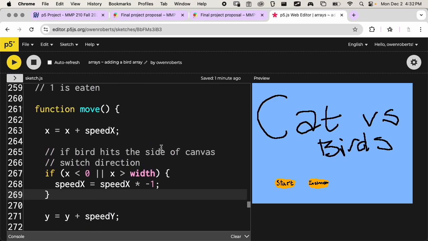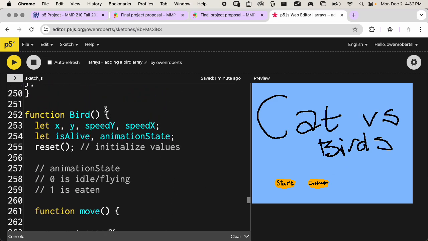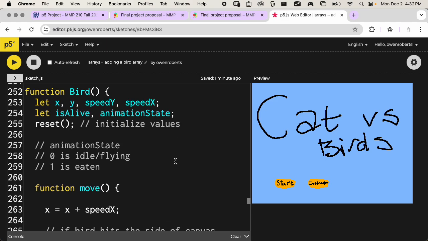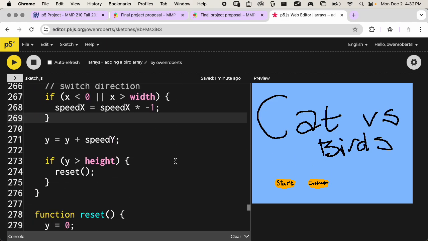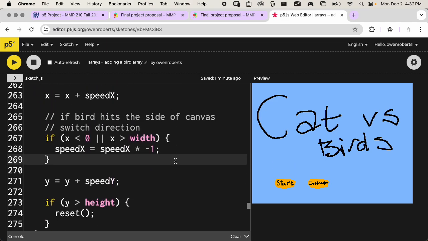All right. So that's just one example, but I just wanted to show how we can update the bird movement without changing any of the rest of the program. This is all just inside of the bird function itself. Okay. I'll stop